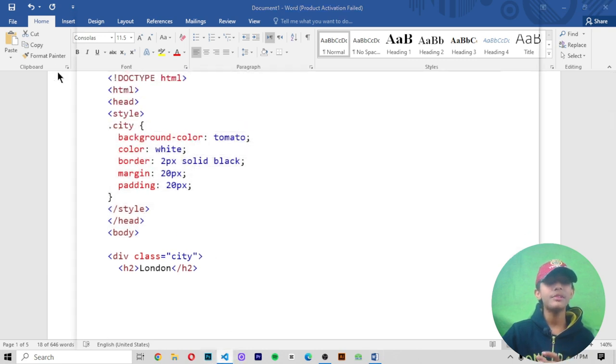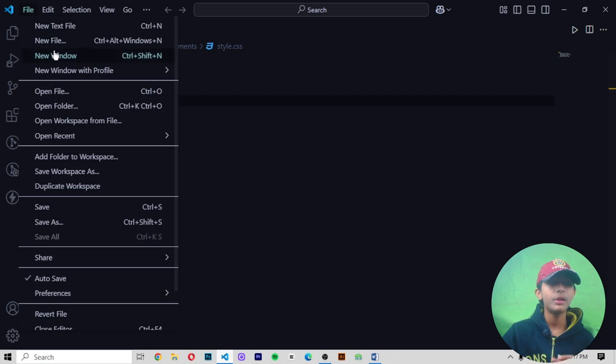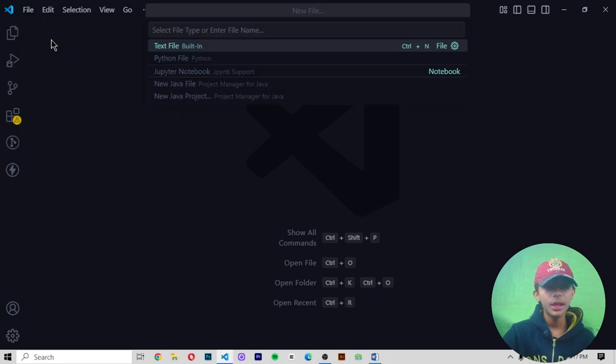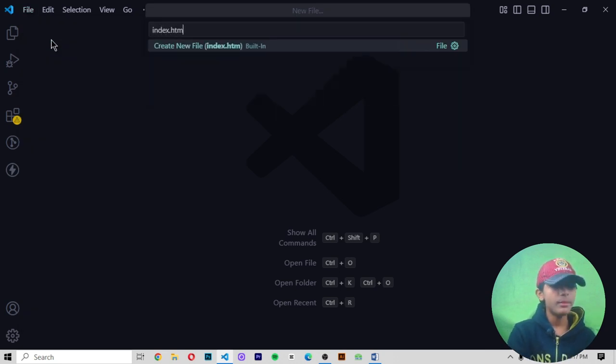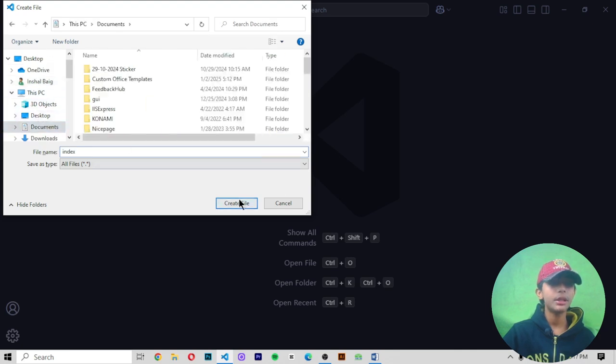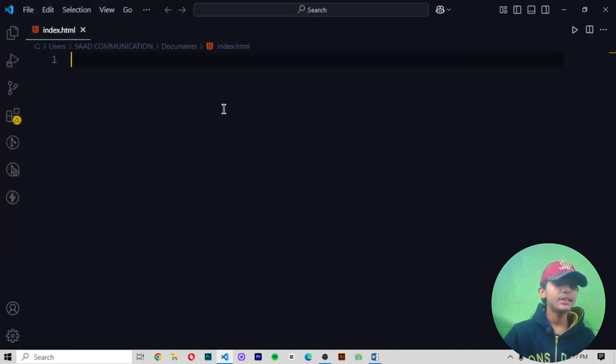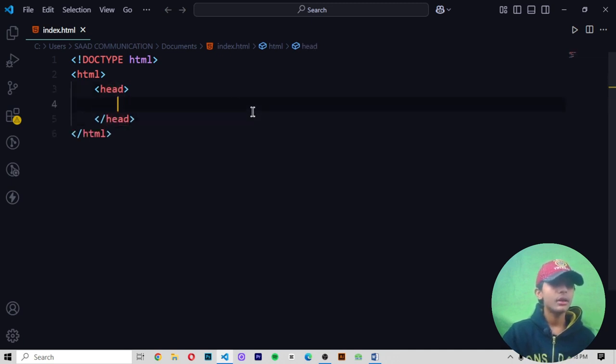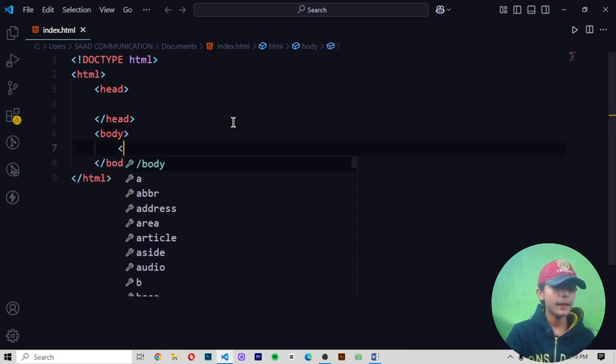First of all, let me open my Visual Studio. If you want to run this code, you must have already downloaded a text editor. I have already downloaded my text editor, Visual Studio Code, and here I am writing index.html. I am giving this name to my file, and I am saving this file in my documents. Now I am running this code like doctype then HTML. This is the starting code of HTML, like I have already told you in the starting videos of HTML. Now here we define a head section in which we define our CSS code, and then here we define a body.